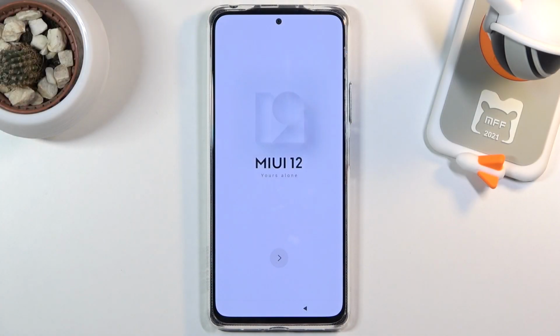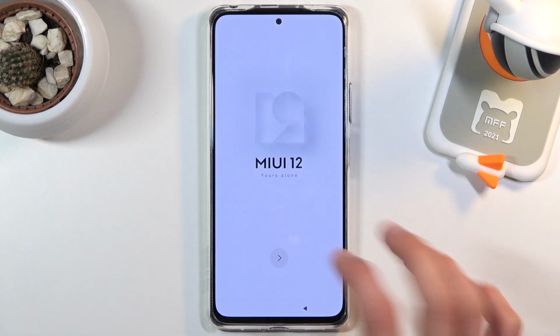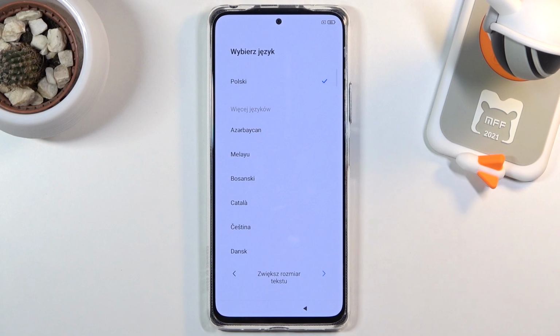Welcome, in front of me is a Xiaomi Redmi Note 10 Pro, and today I'll show you how to go through the setup process of the phone. So when you boot it up for the first time, you will see this screen right over here, and what you want to do is simply tap on an arrow to get to the next page,